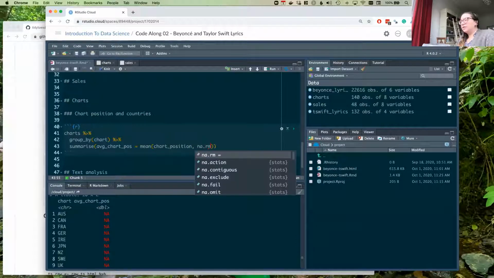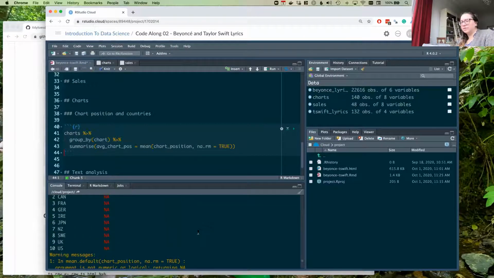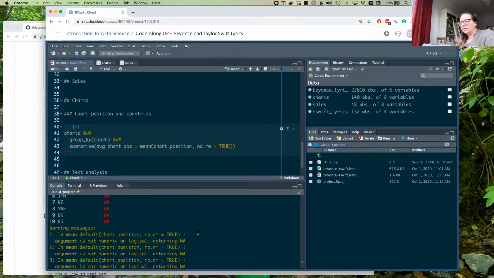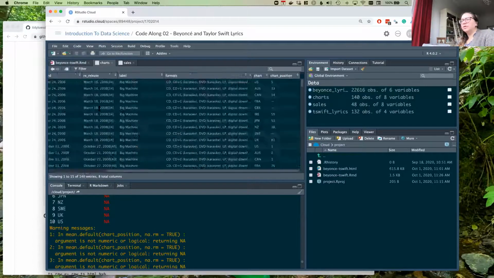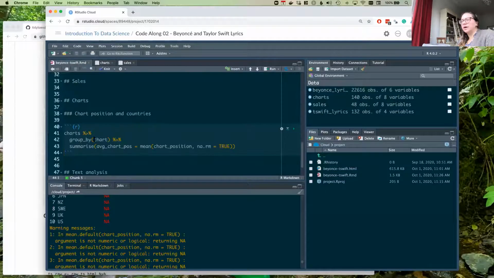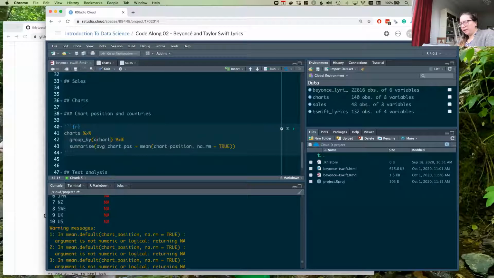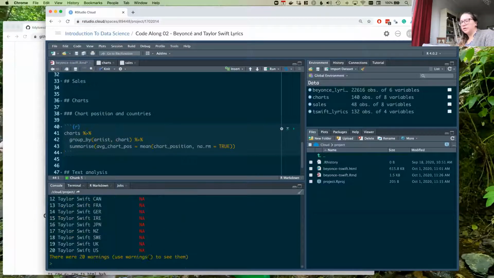So let's try this. That also didn't work. What's the issue? Group by chart. We also have different artists here, right? We probably want to separate those out. We'll do a box plot next. In fact, maybe we should do the box plot first.